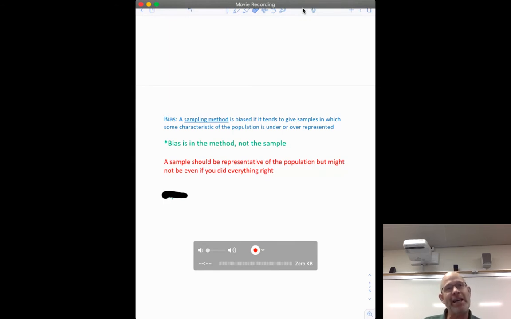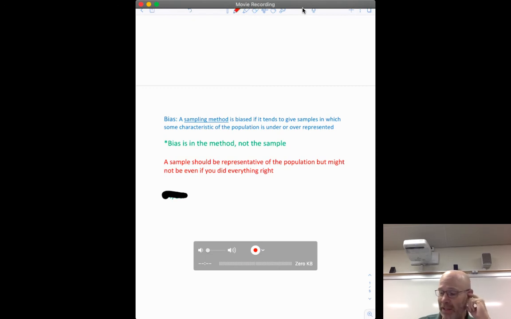However, let's say I went to the quad at lunchtime instead of putting everyone's name in a hat. Wish we had a quad and wish we had people in the quad. But let's say I went to the quad at lunchtime and picked 100 people. It's very possible that that sample is not going to have any seniors in it because the seniors are the ones more likely to leave campus, right? So that would be a biased method because the bias would